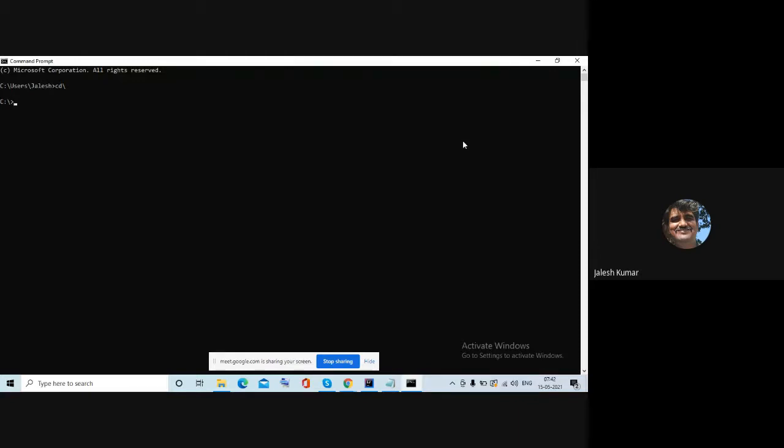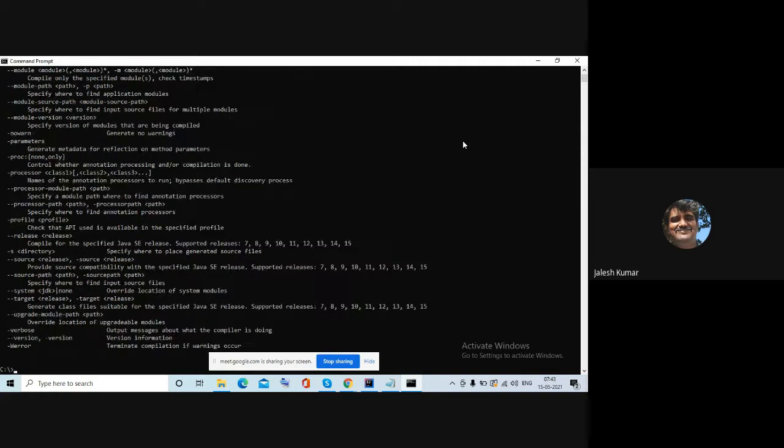But when you specify javac at this location, you may not get those commands. But if you set that environment variable, because I already set the environment variables, wherever you want, your compiler will identify that and allow you to execute the program.